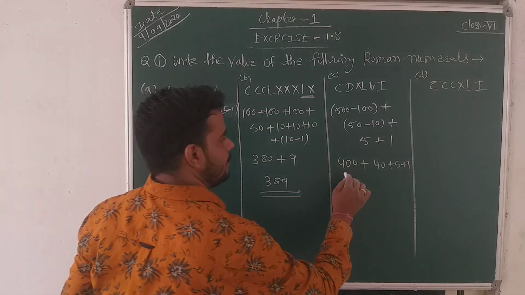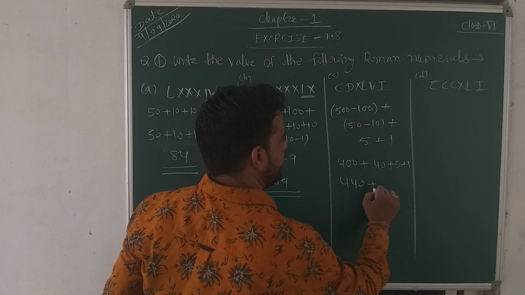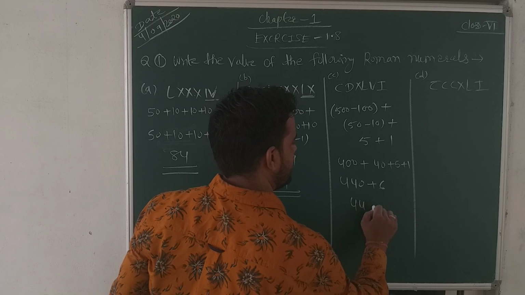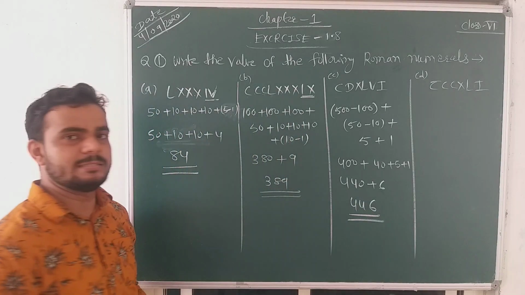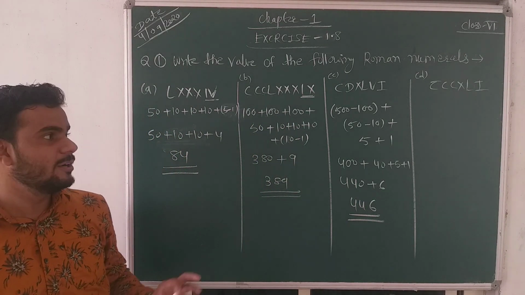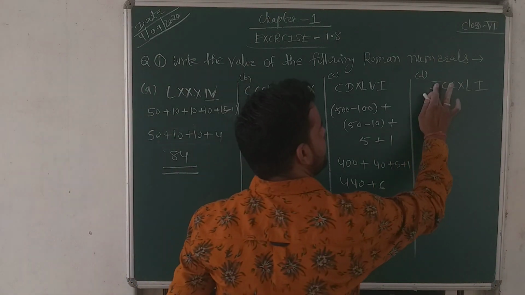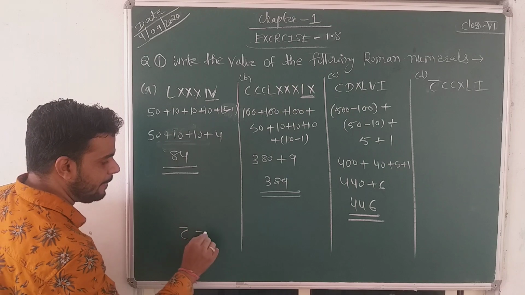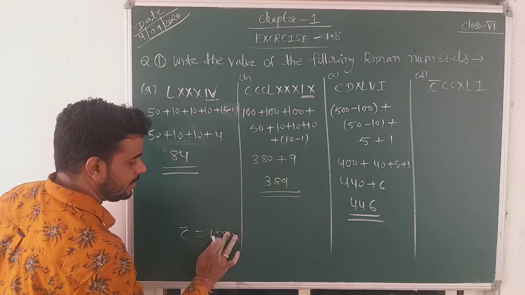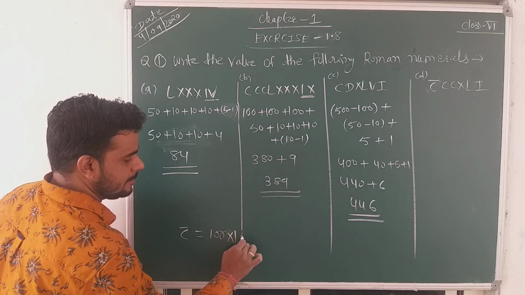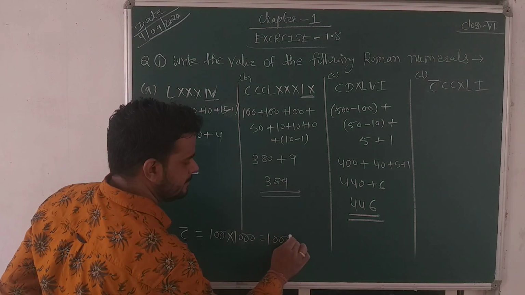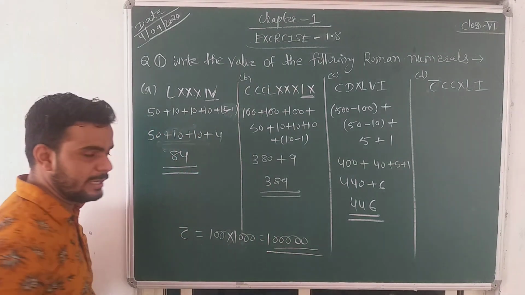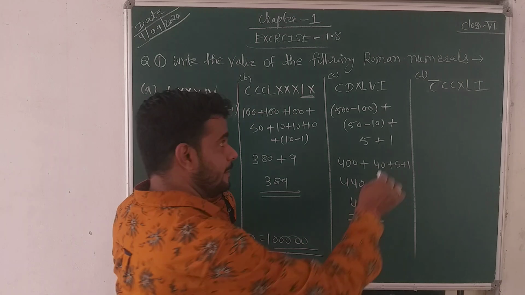Okay, then 440 plus 6, so 446 is your answer. Any doubt? Okay, then the last one, C bar. This is C bar, and I already told you about C bar. C means 100, and bar means 1000. So the result is this. Instead of this, directly you can write